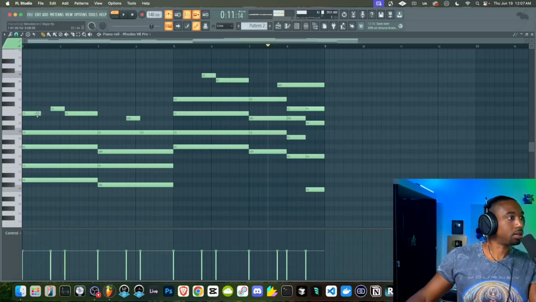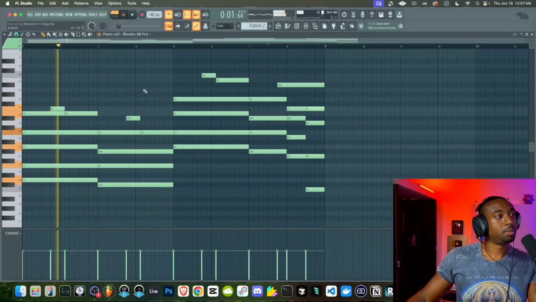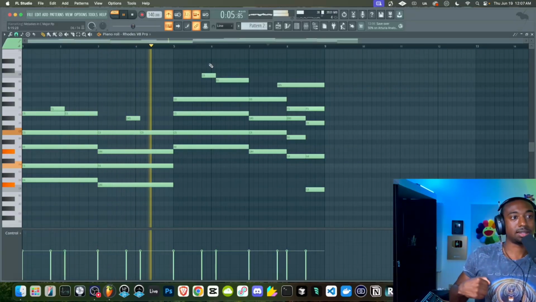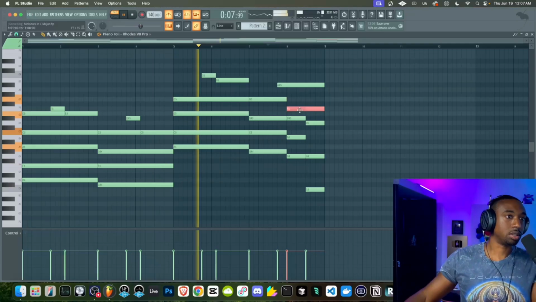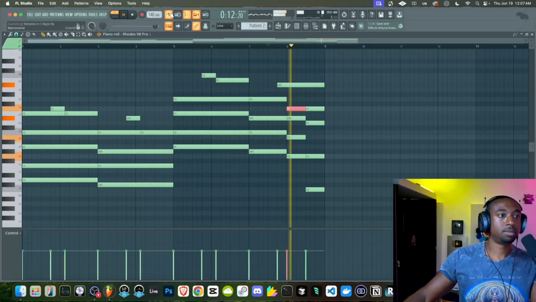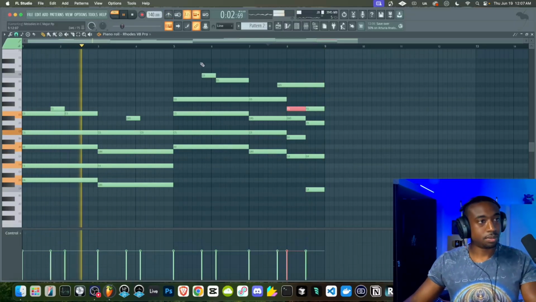My ear again wants to hear this E. So this is where color tones come into play. It's just like that last little bit of cohesion. There we go. Now it feels more full.